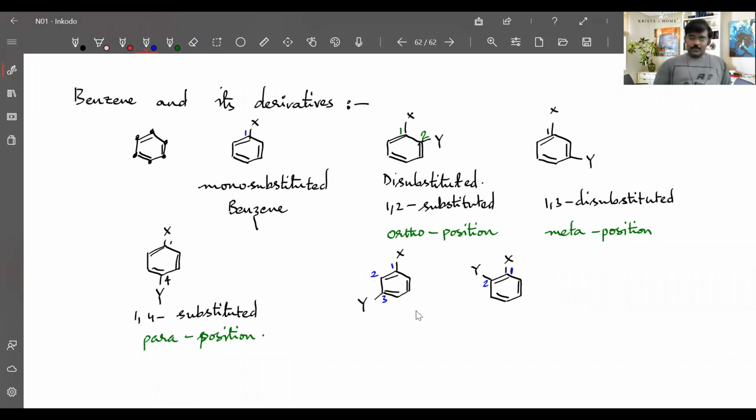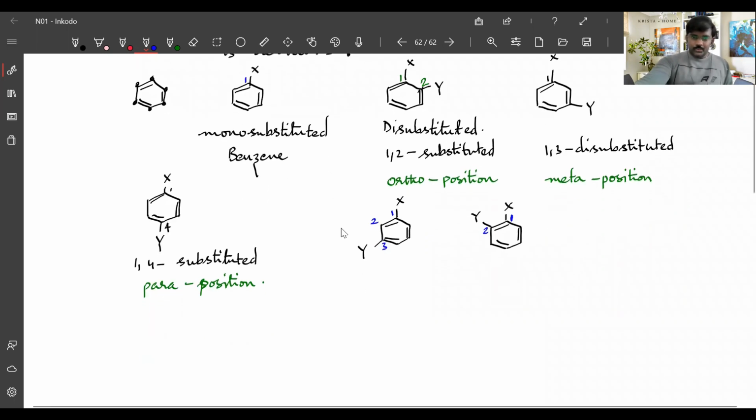So these are the ortho, para and meta positions we have on benzene. Sometimes in general nomenclature, we write them as ortho substituted compound, para substituted compound, or meta substituted compound. Different groups we can substitute on benzene rings. Different alkyl groups can be substituted, and different functional groups also can be substituted over there. So that is regarding substitution on benzene. Next, after di-substituted, tri-substituted can also be there, that means 3 positions on benzene.